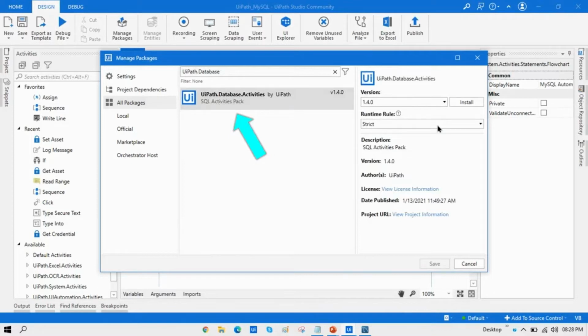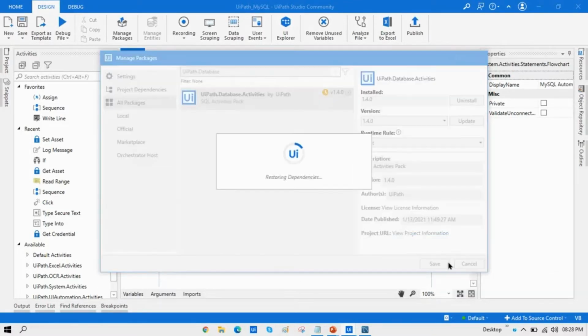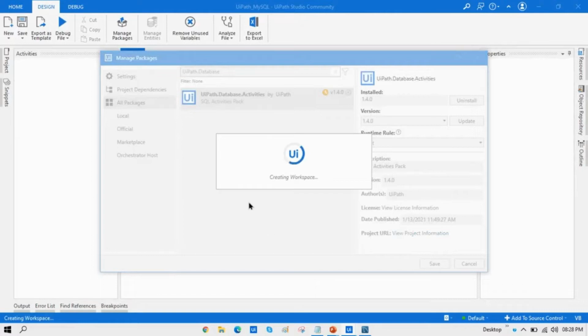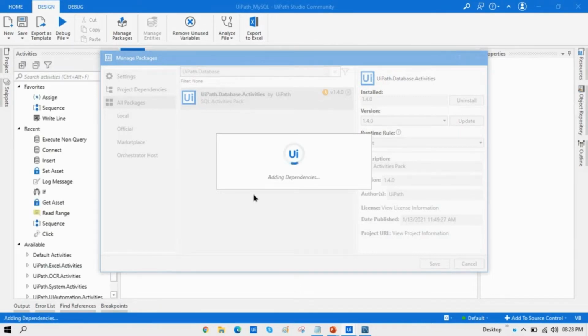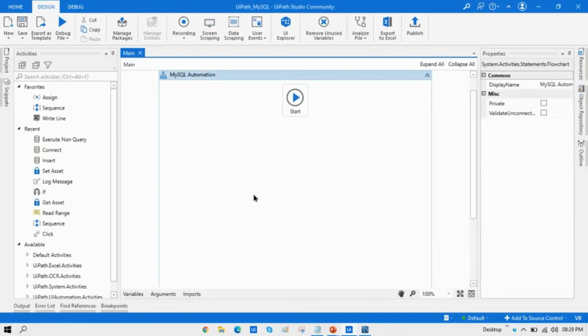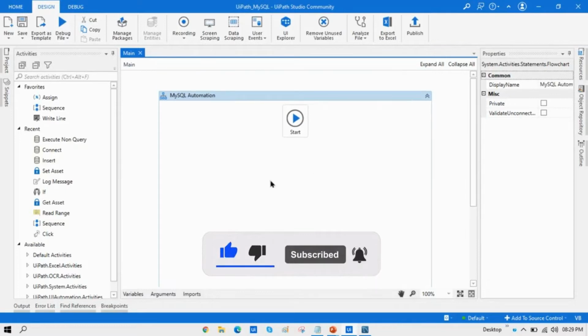Just select that one and click on install, click on save. It takes some time to install that package. It has all the list of activities which are used to work with MySQL. Now I have installed this package.